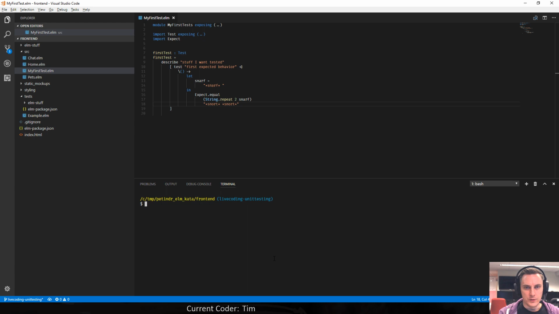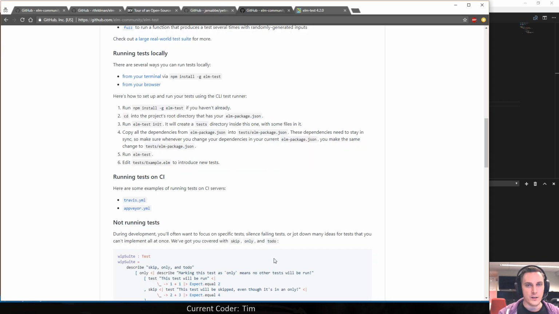And then since that's the one thing you can do, let's see what the other stuff that is necessary. So the test directory was already created. Then we need to copy all the dependencies from our regular Elm package.json into the tests one.